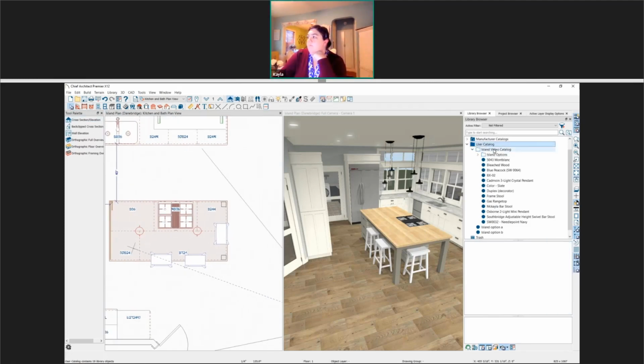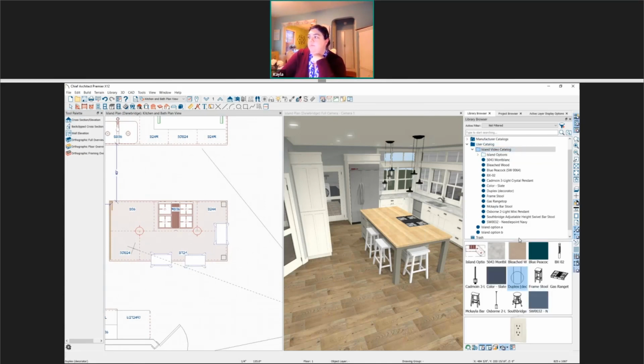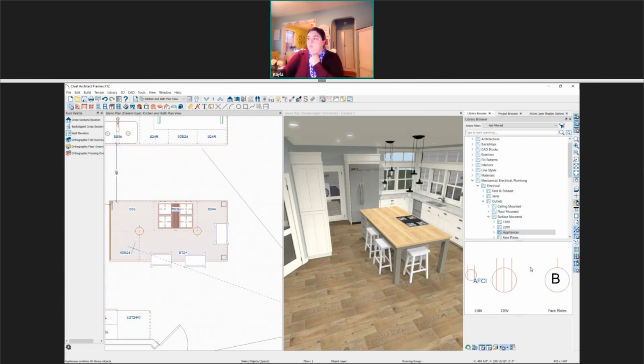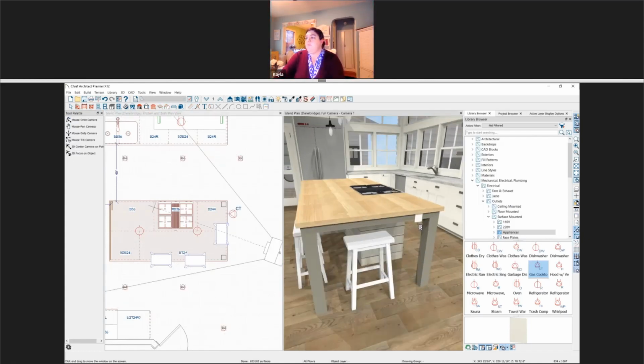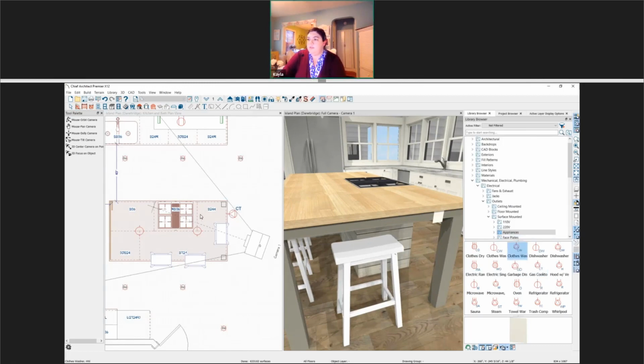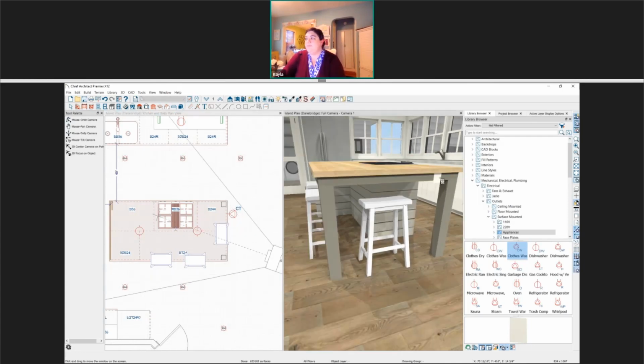So I actually have in my catalog here an outlet. We have some in the core catalog under mechanical electrical outlets. We have surface mounted now. And so the surface mounted ones will go right onto a cabinet. So you can just click to place it. And if you wanted to place it on the side of the cabinet too, just like you did there. Okay, perfect. And yeah, any cabinet you can place onto the side of any of them. So you can rotate those. Very smart. Thank you.